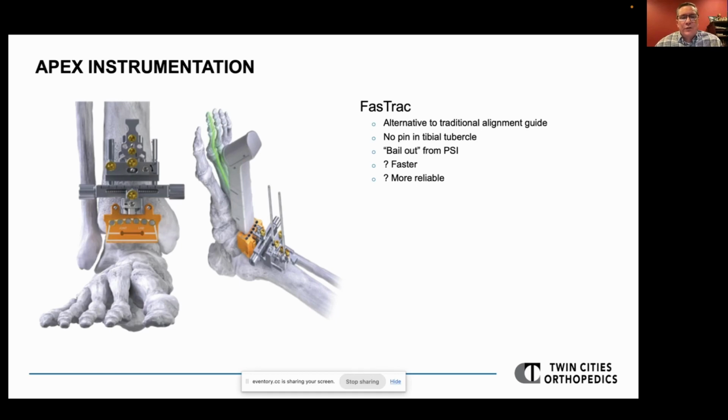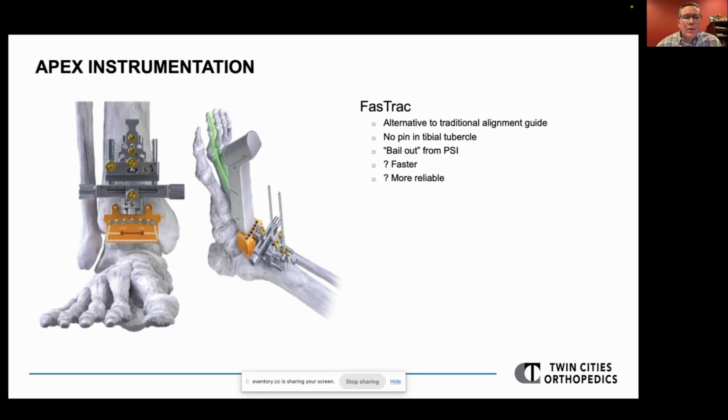The other nice feature, and certainly something we hope we don't have to do, but if we're using the PSI system and for whatever reason the block doesn't fit quite like we had preoperatively planned, maybe there was hardware in there and the block doesn't fit like the CT scan told us it should, and we're not perfectly happy with how our implant is aligned, we can put the fast track device on and make some adjustments. We can adjust varus valgus alignment. We can raise or lower the joint line height. We can change rotation away from what we had planned with our PSI